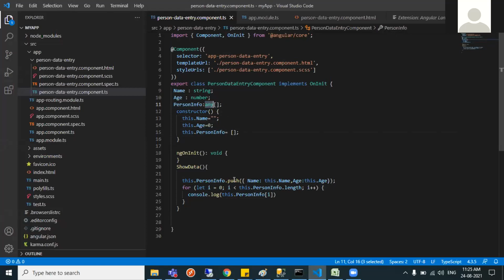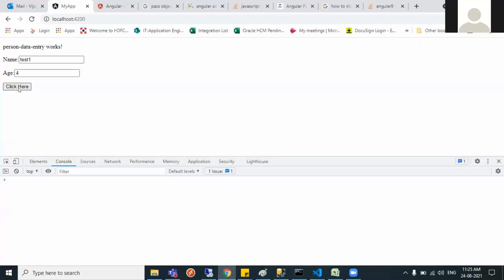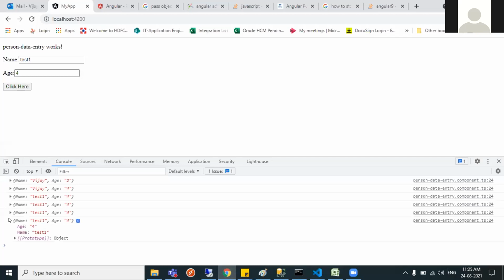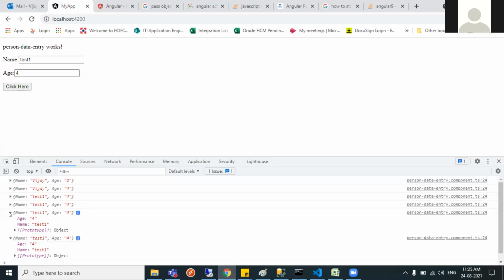Then I have initialized it, and I am now pushing name, which is this dot name, and age. So you can see that. That's the way we need to create it? No, this is proper.